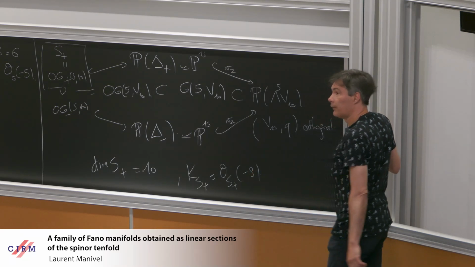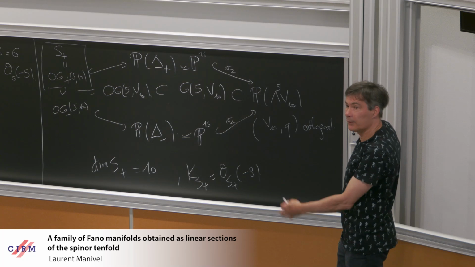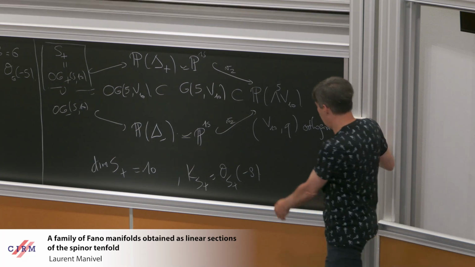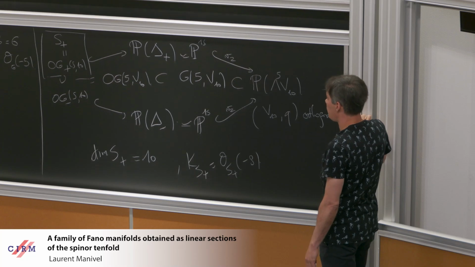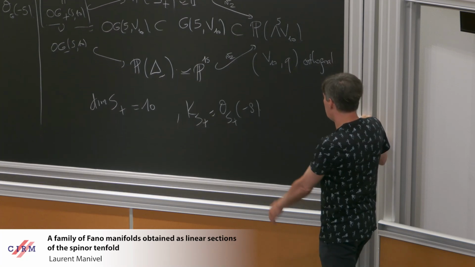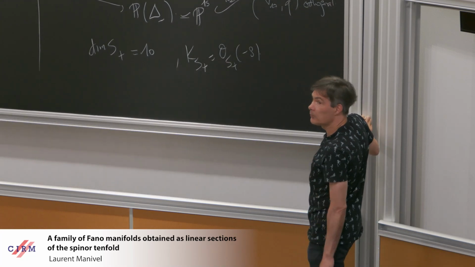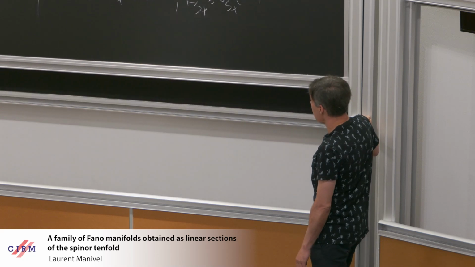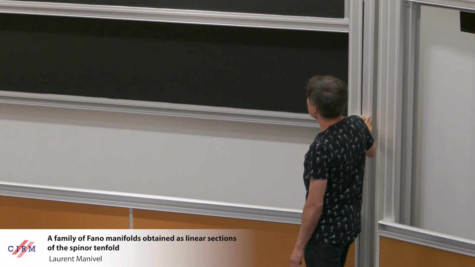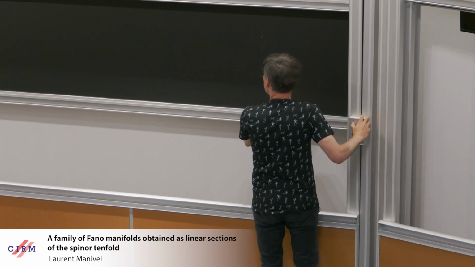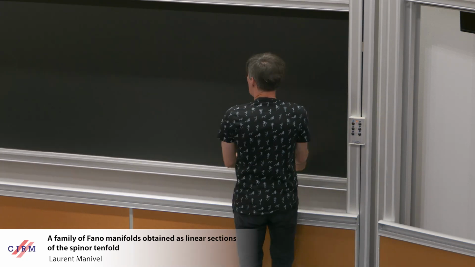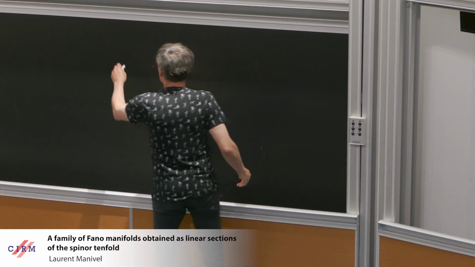So you will get interesting Fano manifolds by cutting with hyperplanes, and you have a lot of freedom because the index is high. You can cut up to codimension 7 and get interesting objects. So let's see. So we can cut